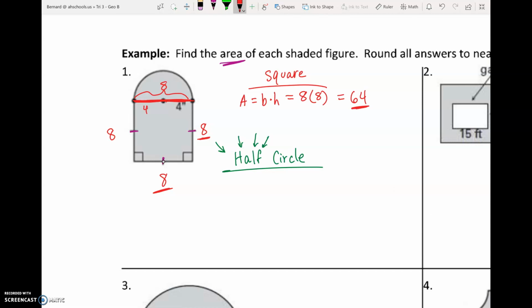So this is definitely 64 square inches. We'll worry about that in a second. Now, I'm going to clean up the picture again, and we're going to go to the half circle, because we already have the square area. Now we need the circle area. And so again, if I clean this up,